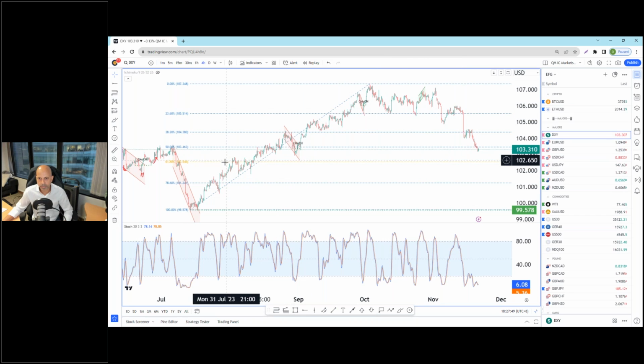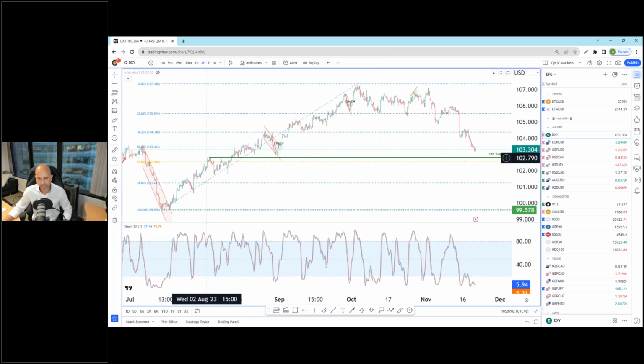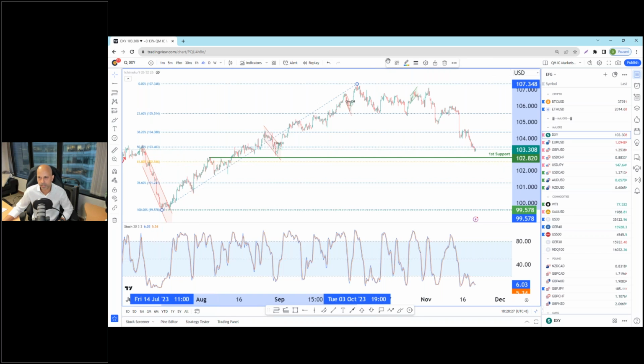We do see a pretty decent overlap level. This is where the first support would be for the 4-hour time frame. Roughly here, you can see price reacting off this level as a resistance back on 3rd of August, 8th of August, and then when price broke above it, finding support on 14 August, 15 August, as well as on 30th August. So the first major support for the dollar index is this overlap level at 102.82, which also aligns quite close to where the 61.8% Fibonacci retracement level lies. So let's just keep 61%.